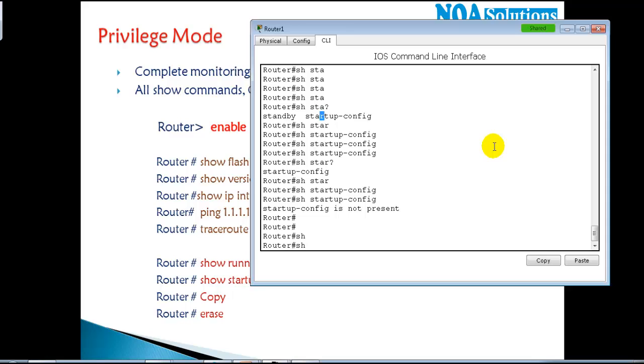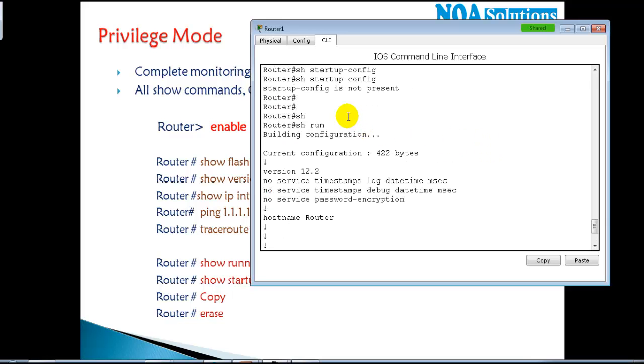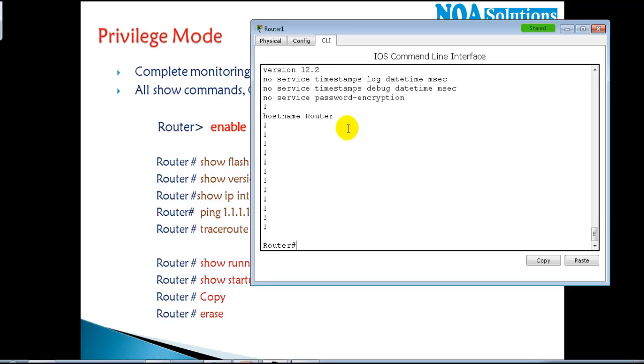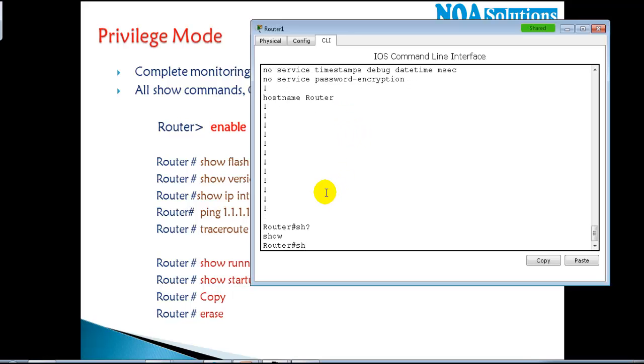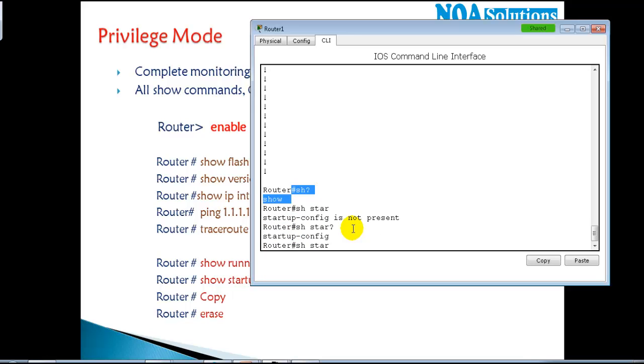We can just type sh run. Run stands for running config, and sh stands for show command, because there is no other command that starts with sh. So the router will automatically understand that you want to type the show command, and then when you say star and press enter, it will understand that you want the startup config.